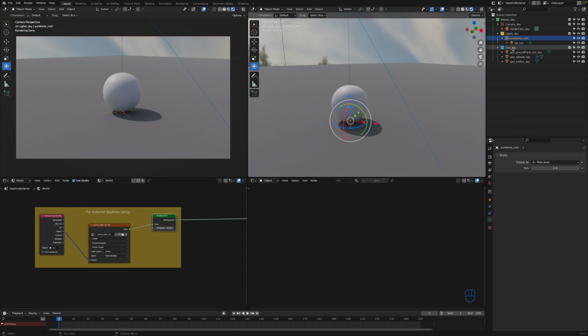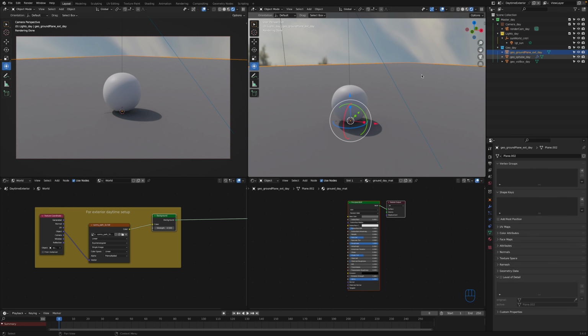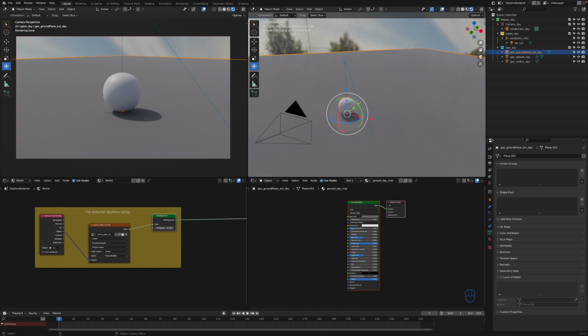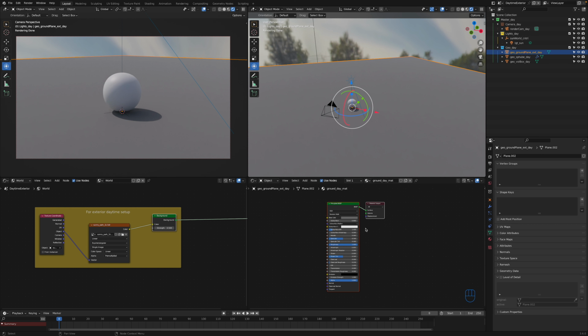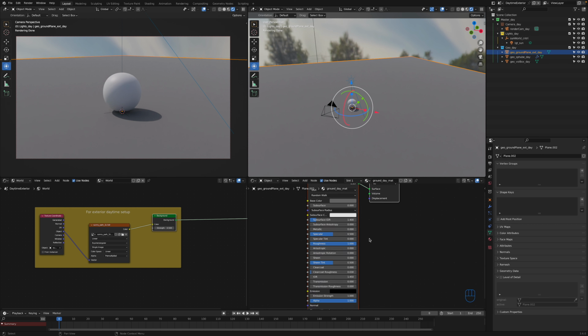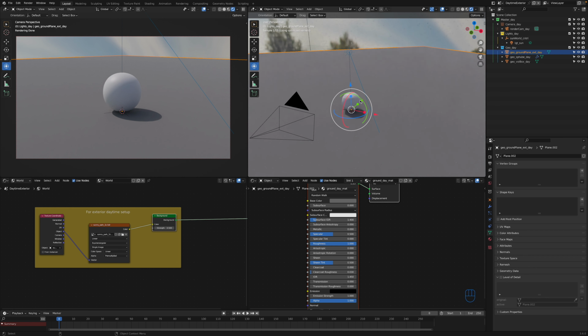All right, next if we go into the geometry collection, you'll see that I just have this ground plane first, and all I've done to create that is just Shift A mesh plane, and then I've scaled it up, and it just has this basic material applied to it with a mid-level kind of gray. Everything else is default, and I've left that color at that mid kind of gray, just so that I can